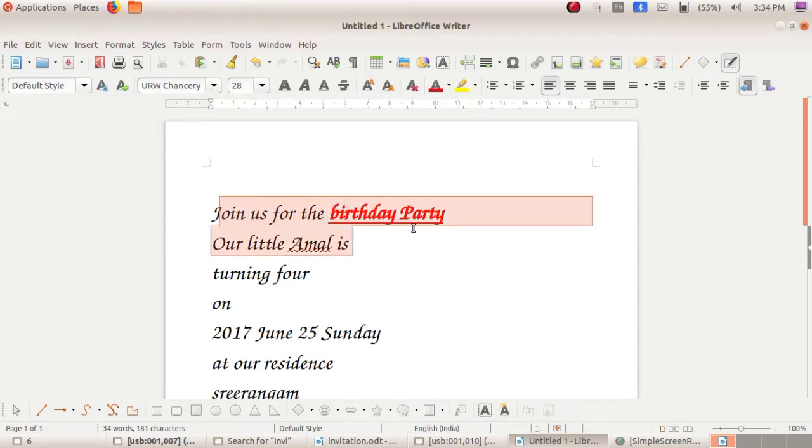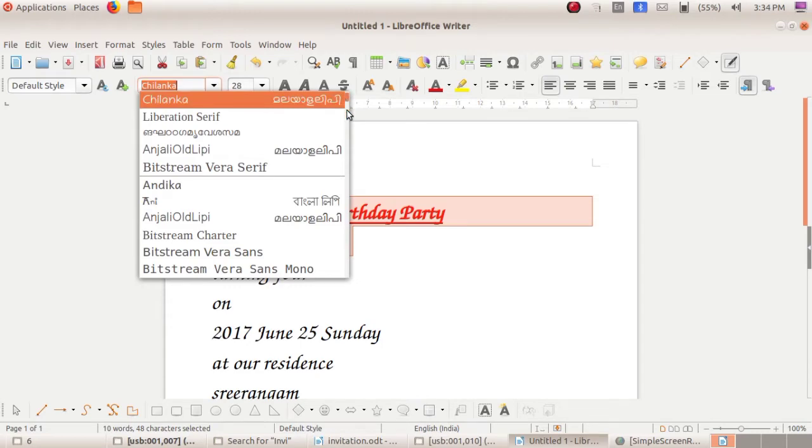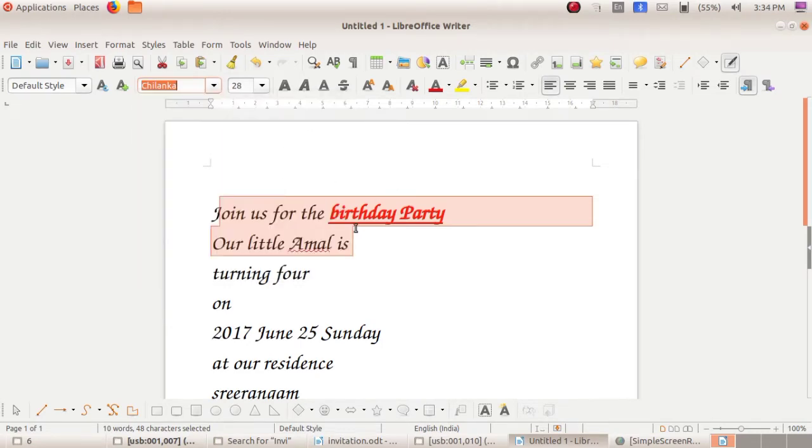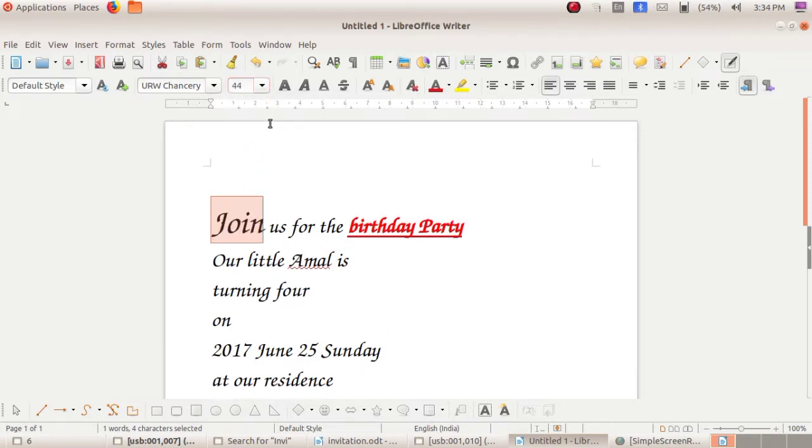Just select the word or sentence, then click on the font style box, and from here you can select any one. Then we studied changing the font size. For that, select the word, then here you can see the font size tab. By clicking on that, you can change the size of the font.